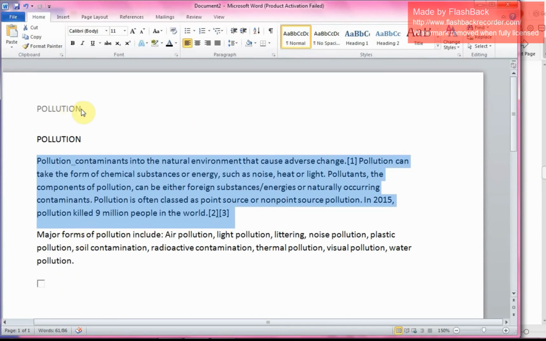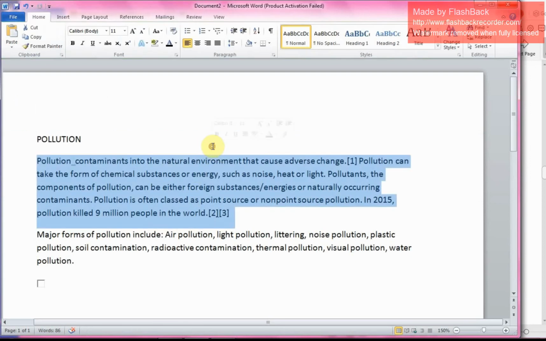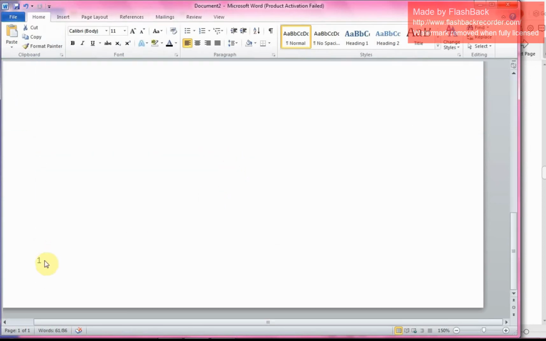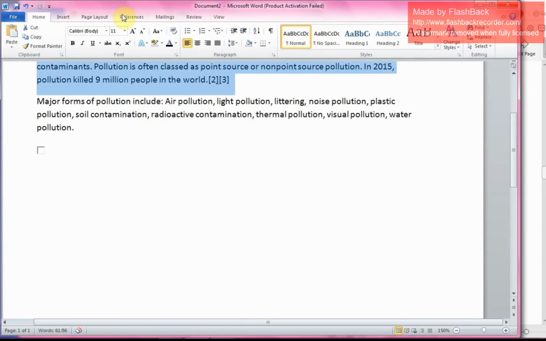For removing the header, double click on the header and press the delete button. The header will be removed. If you want to remove the footer, double click over there and then click on the delete button. The footer will also be deleted.